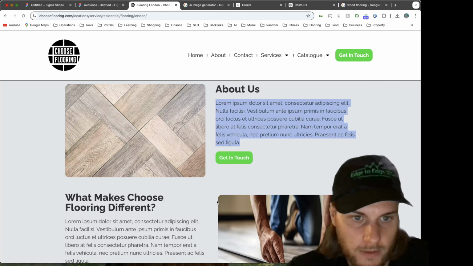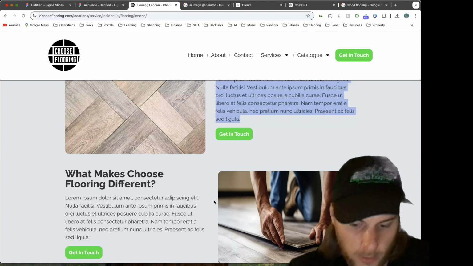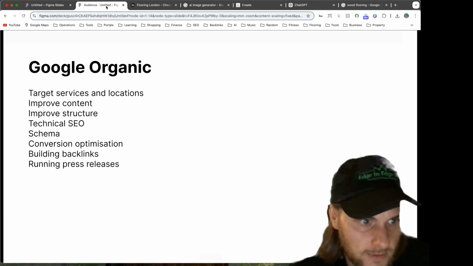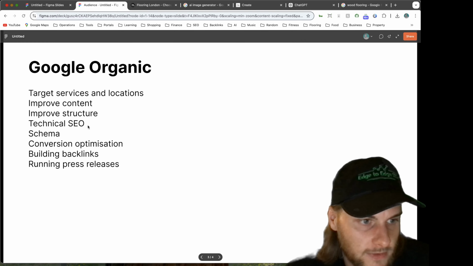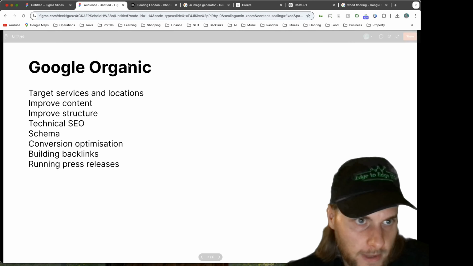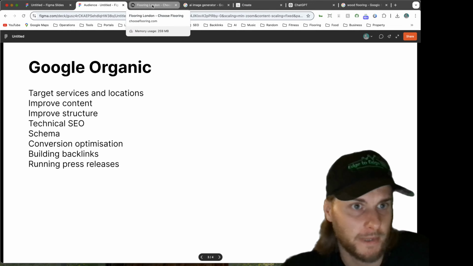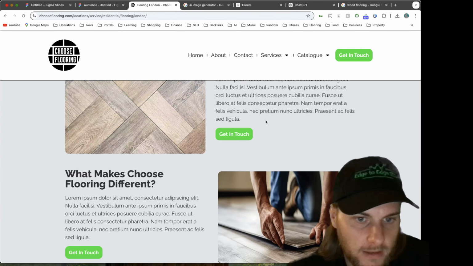But technical SEO is one of those things that can help you get past your competitors if you're struggling with a particular keyword or something like that. But technical SEO is definitely worth doing an audit on, making sure that there's nothing major wrong with your site. For example, it happens so many times within the web design industry,